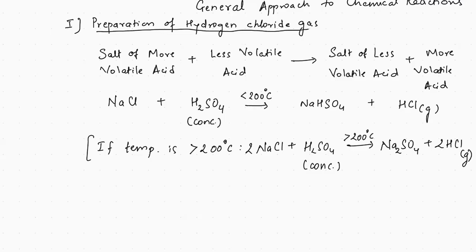Second reason is, the flask may tend to break. Glass apparatus may not be able to withstand high temperature and it may crack. Third is, fuel is wasted to generate higher temperature. But the second and third reasons are not to be mentioned, or write them only if you cannot recollect any other reason. The first reason is the most important, that is about formation of sodium sulfate, which is sticky in nature and sticks to the walls of the glass apparatus, and it is itself a bad conductor of heat, and therefore further reaction stops. Okay. Now, once HCl gas is formed,